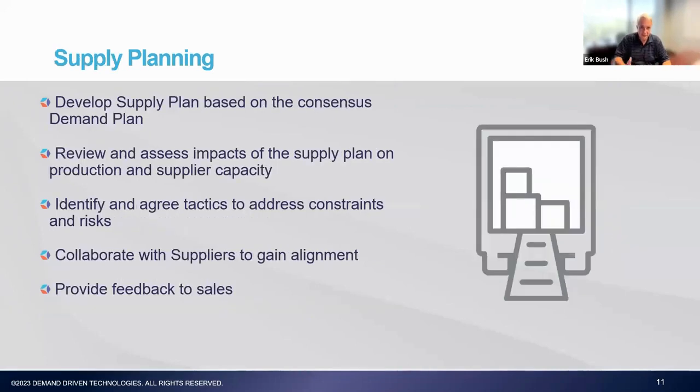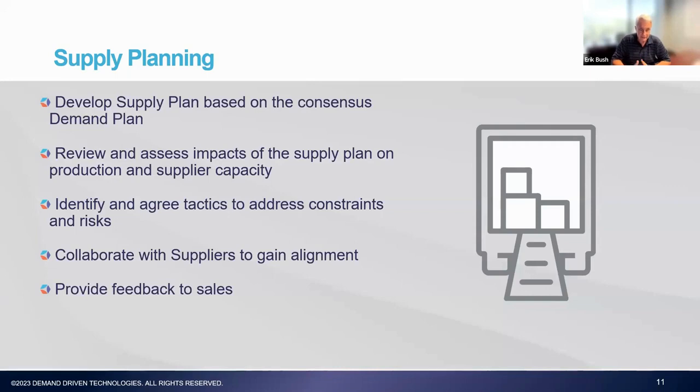Once we have that, then we can turn our attention to building a consensus supply plan, right? What is the supply that we need, whether it's from our suppliers or from our own production resources and the like, to meet that demand story that we've reviewed and agreed? Are there impacts that we need to take back to the demand plan? For example, we've put a promotional campaign in and we know we wouldn't be able to supply that, so we wouldn't be able to realize all of that incremental volume. And therefore we have to bring the demand plan back to ground or something like that.